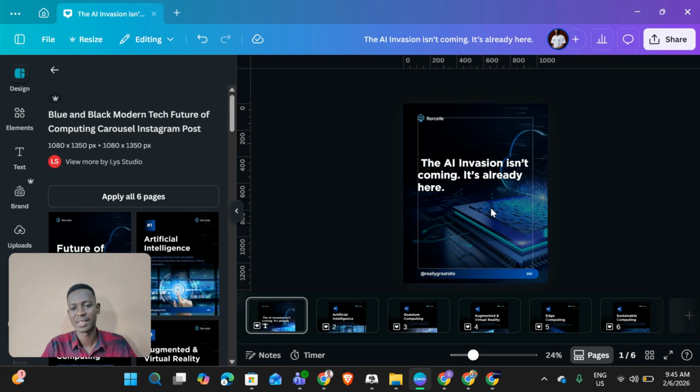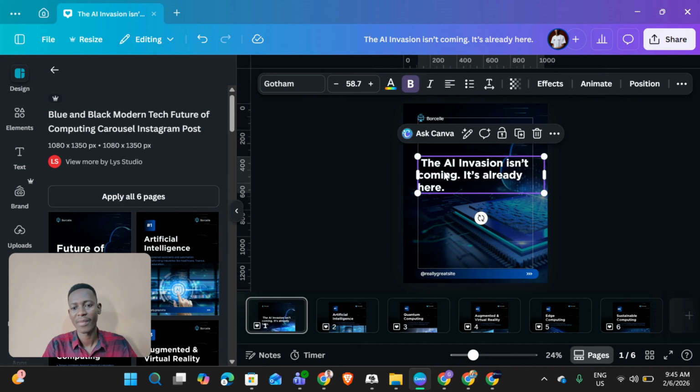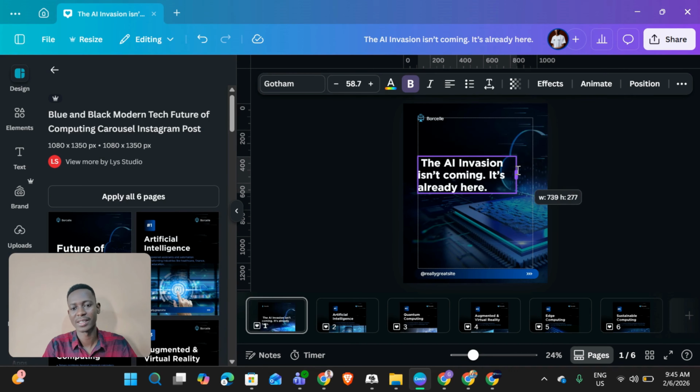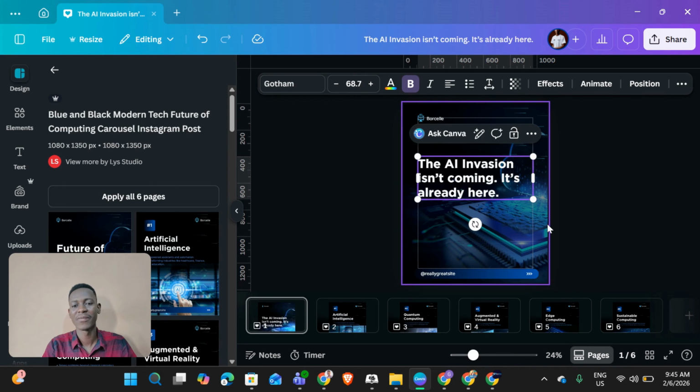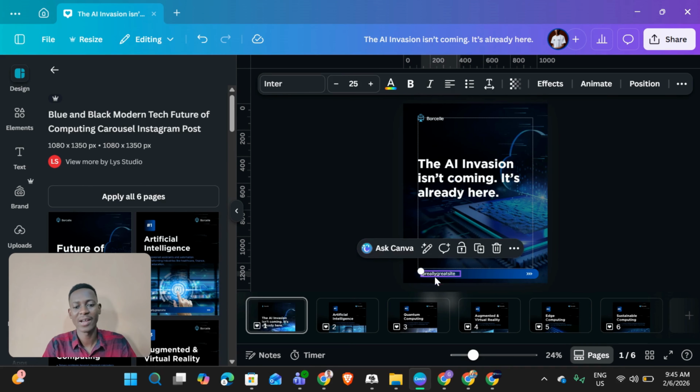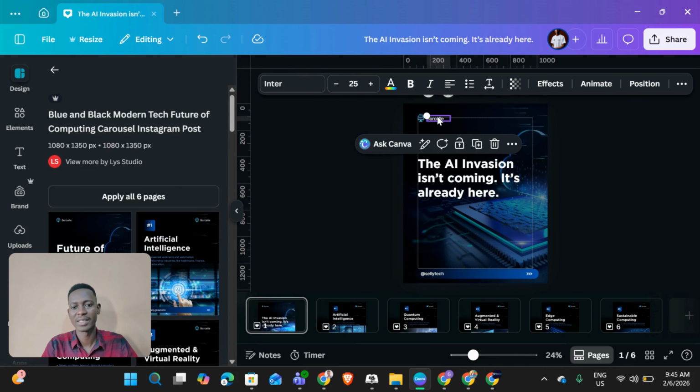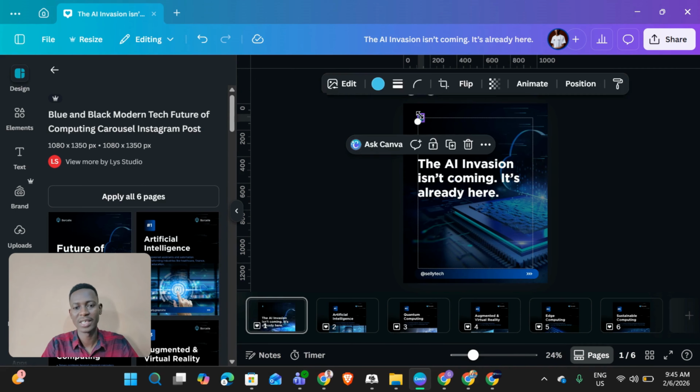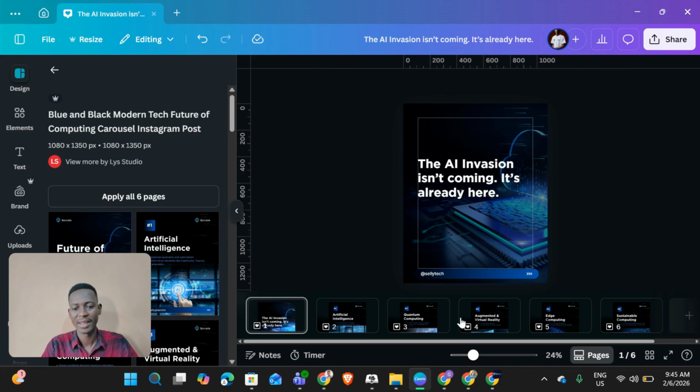You can delete this and then readjust this. Work on the space, and the AI invasion isn't coming, it's already here. So that becomes your first page. If you have an account, you can just change it to @Sellytech. You can delete this because it's not needed. Then the next,